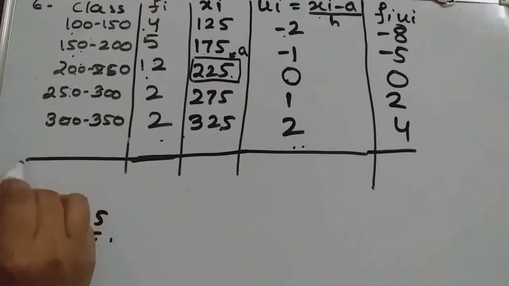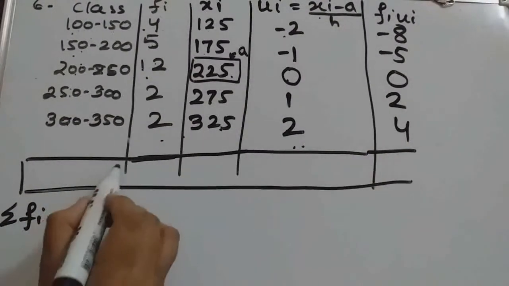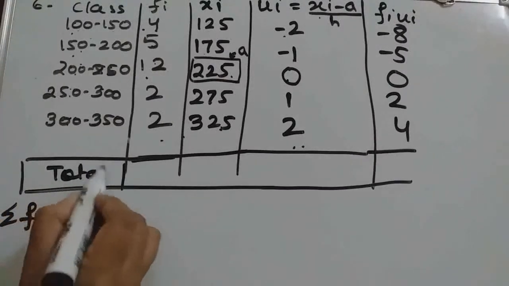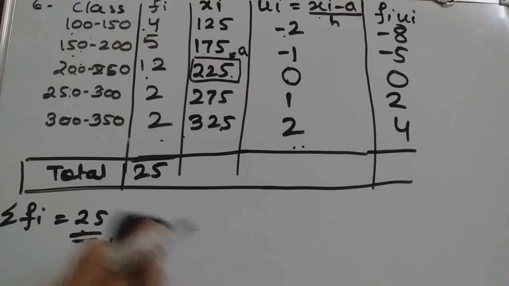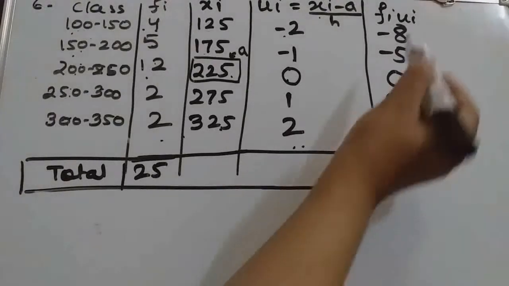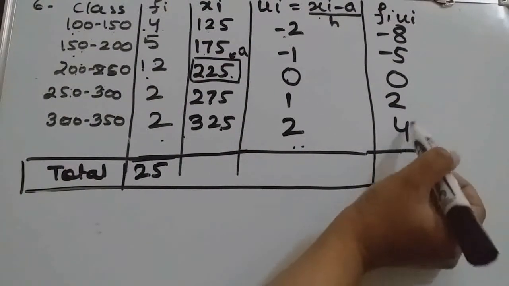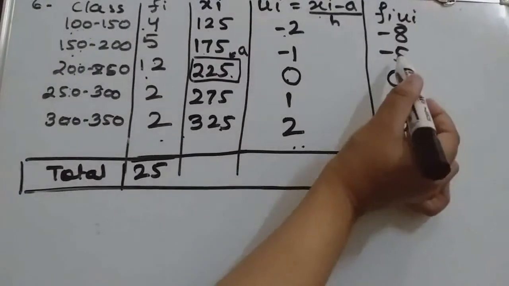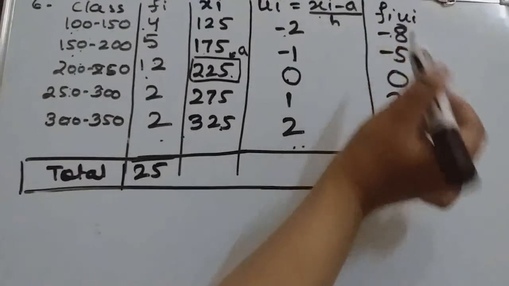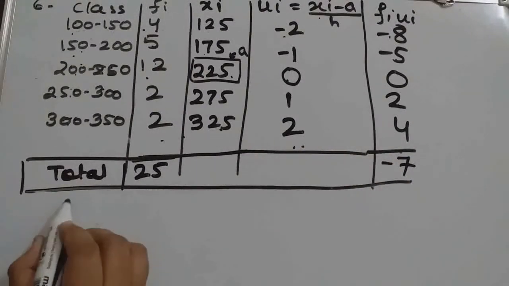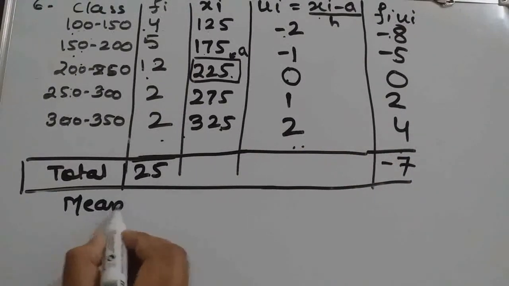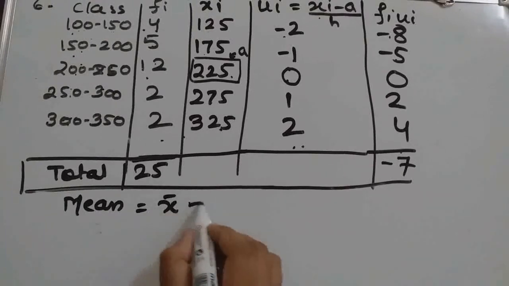Okay, now we should add one row here for total. This is given as 25 in the question itself. Okay, fi ui we should find. So 4 plus 2 is 6, 6 minus 5 is 1, minus 8 plus 1 is -7. So mean will be x bar equals